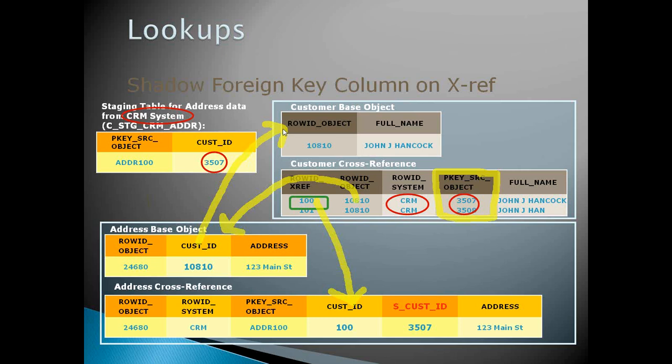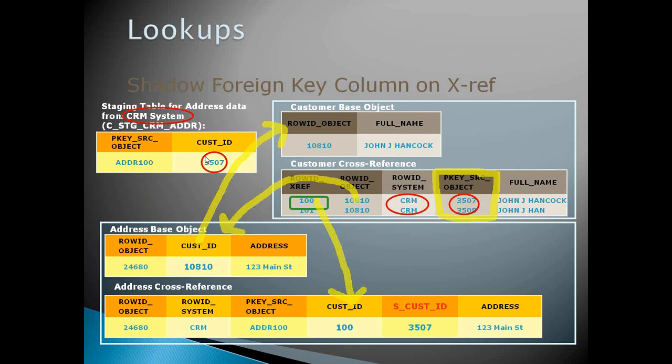So once the relationship is created, then we need to do the lookup part. So how the lookup process will happen, because we are passing here the PK source object of the parent table, because we don't know what the row ID object value is, because the row ID object value is not stored in your source system. So source doesn't know what is row ID object. It finds it as a cross reference based on the match, on the lookup.